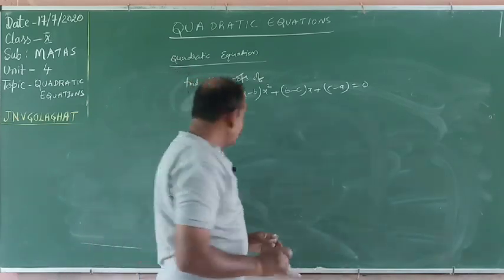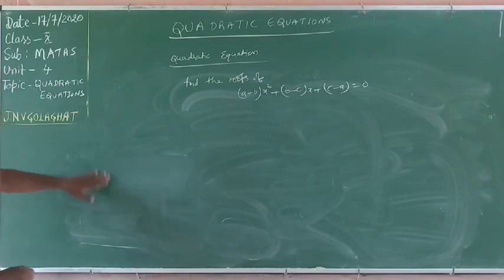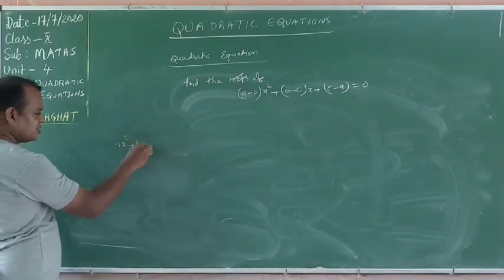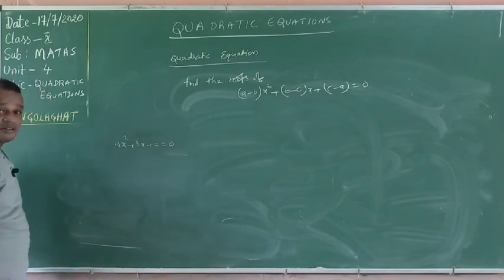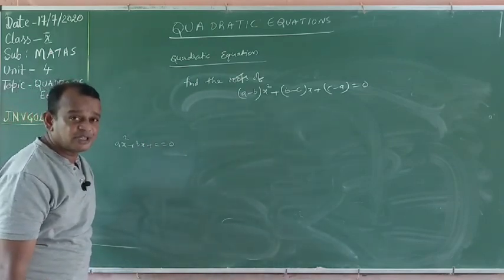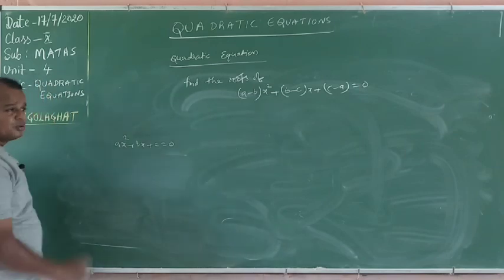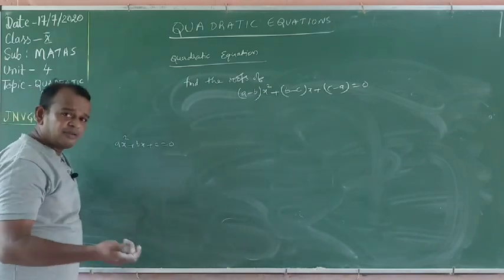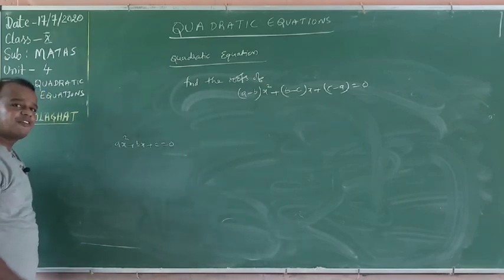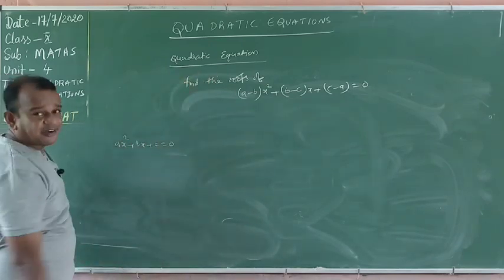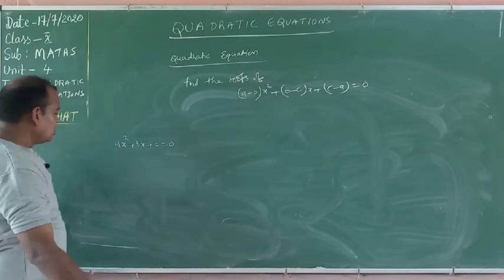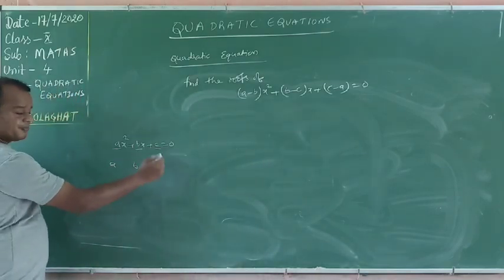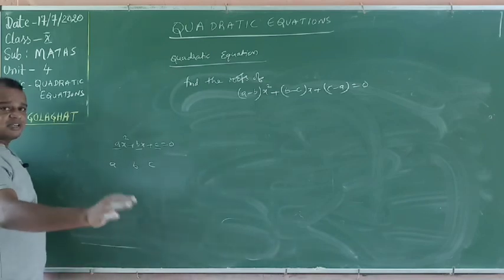Simply, what I am telling, for suppose, ax square plus bx plus c is equal to 0. 100% this is the quadratic equation. Listen carefully. ax square plus bx plus c is equal to 0 has 100% 2 roots. By using the formula, we can easily find the roots, or by the factorization method. It is not possible for the factorization method, no doubt at all. Now, what is the coefficient a? What is the coefficient b? What is the coefficient c?